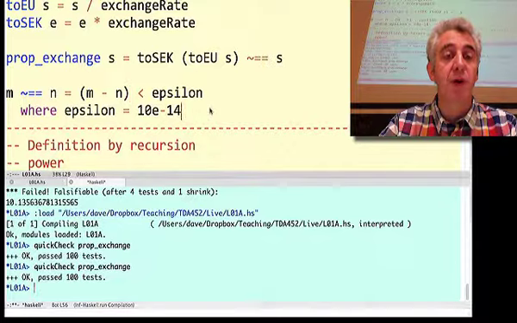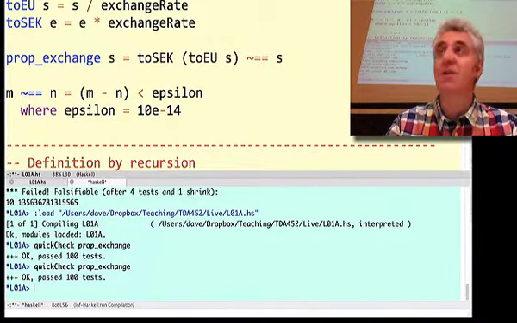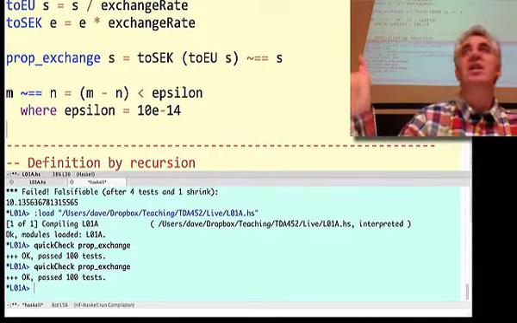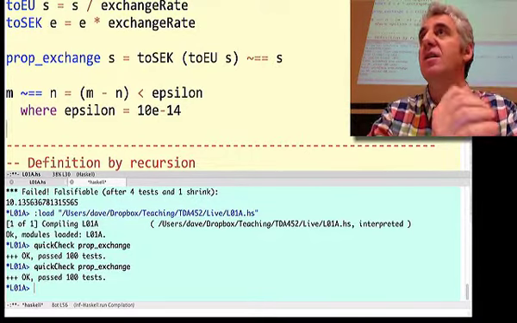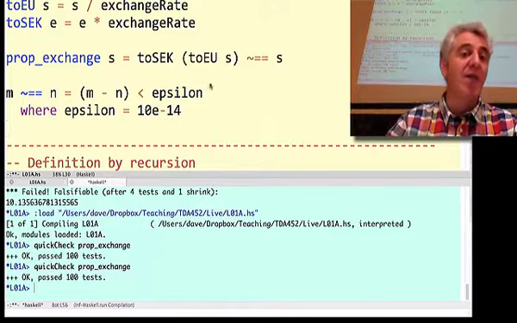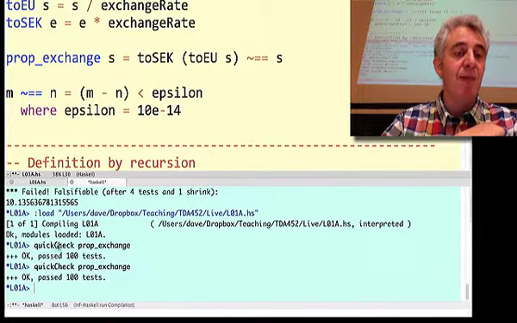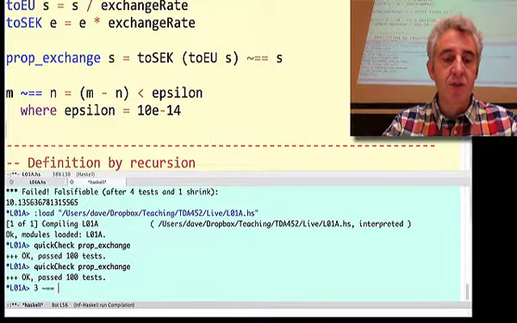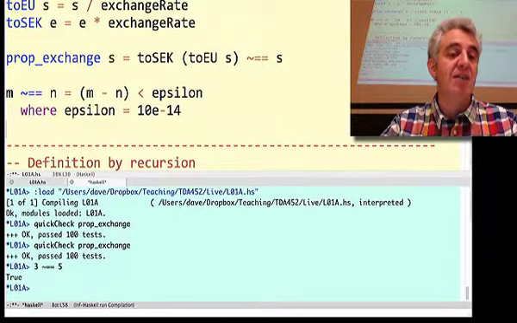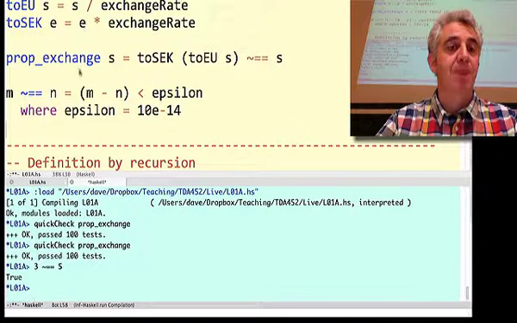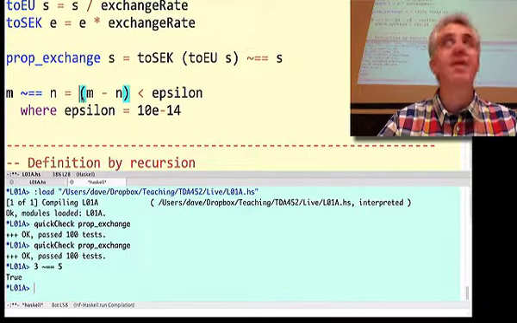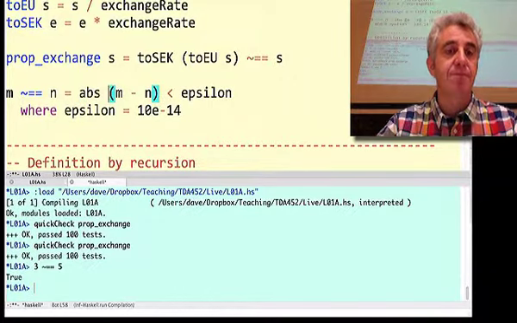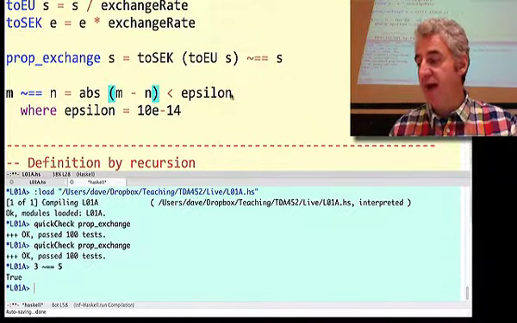Yeah, good point. So yes, we found a test that passes, but it doesn't necessarily mean that the test is in any sense perfect. It just is a test that is passed by our program. There are other bugs in the test. In particular, would you say that 3 is approximately equal to 5? I would say it isn't, but the test says it is. So what I'm missing here is to get the absolute value. And there's a predefined function for that called abs, which will give us the absolute value.